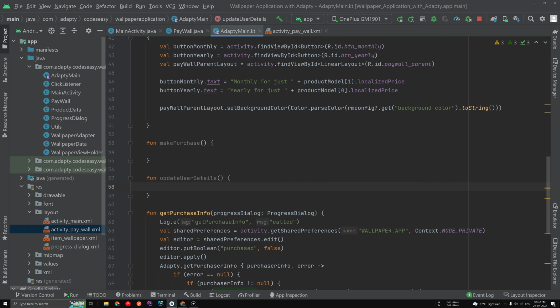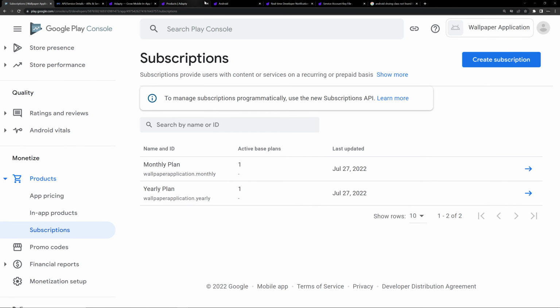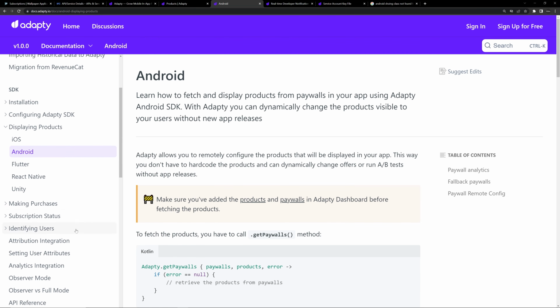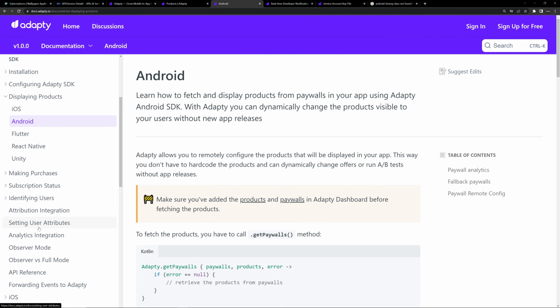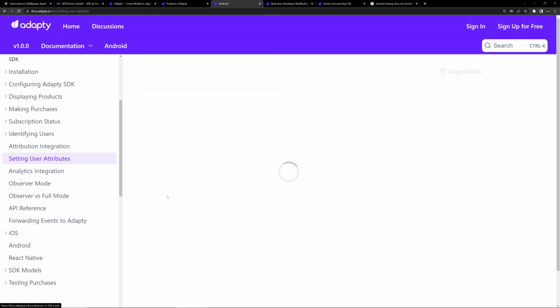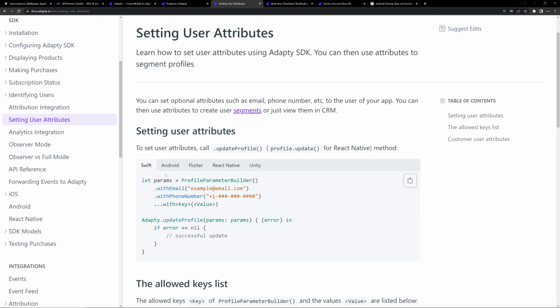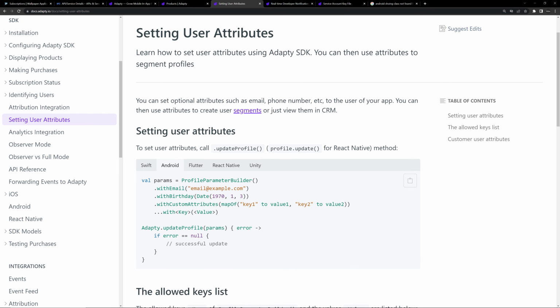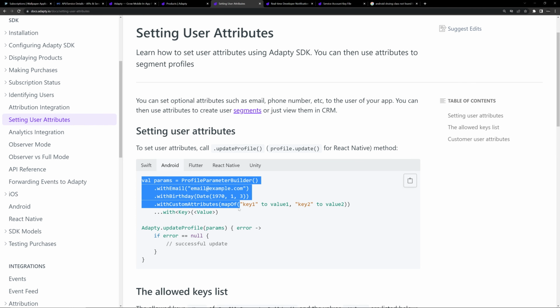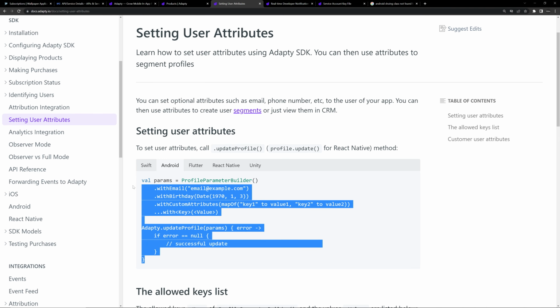So let's go to the Adapty documentation. Go to the set user attributes section. Now, if you scroll down, you can see the Android option. Now click the Android option. Here you can see the update profile function. We have to call this and we have to create this params variable. So let's copy this